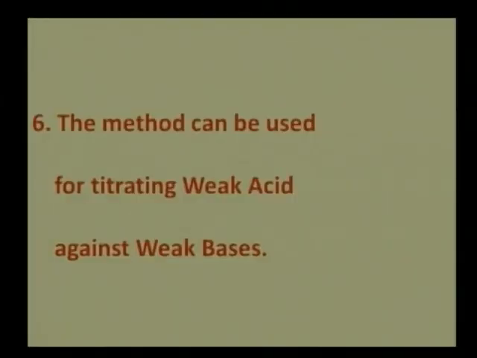The next point is that the method can be used for titrating a weak acid against a weak base. As we saw earlier, for acetic acid with NH4OH, this method is the best way. The potentiometer easily judges the endpoint in weak acid-weak base titration, where the classical method cannot, because an indicator is not available and the reaction is very slow. The dissociation of weak acid and weak base is very low. So when we do this reaction by potentiometric analysis, we can get a better result from the graphical method.